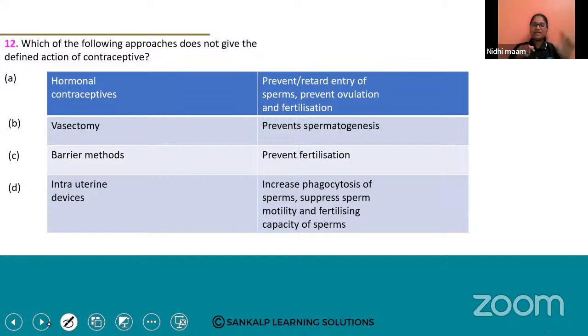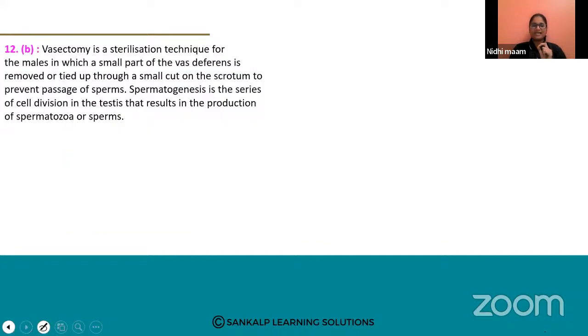Out of A, B, C, D, which is not correctly defined or correctly given? Lubna answered the question. Kirti, Kajal Kumari, Anita answered the question. Okay, let us check the answer here. Most of you voted for option B. Exactly, option B is the right answer.